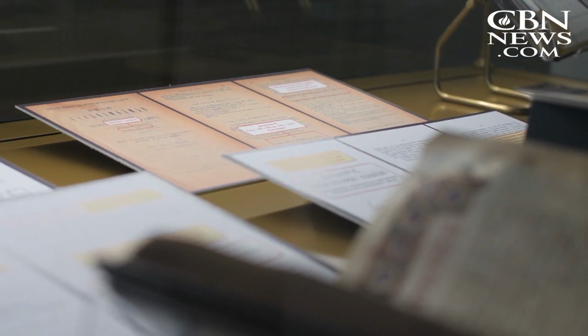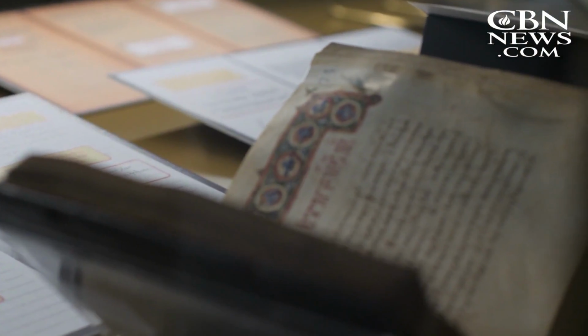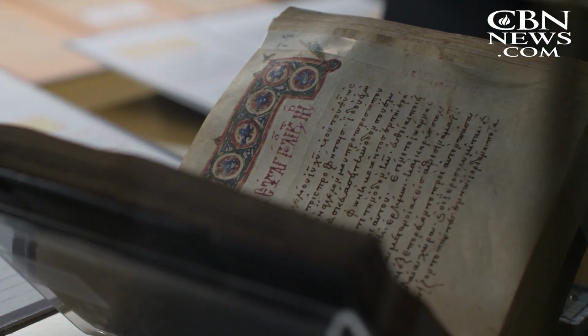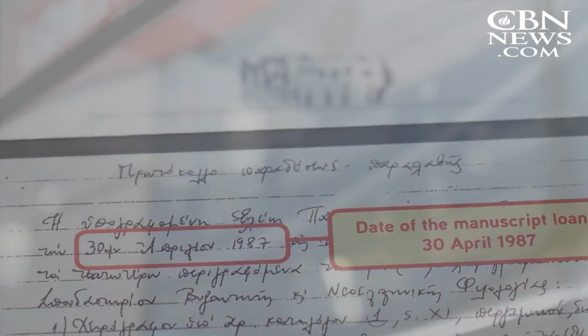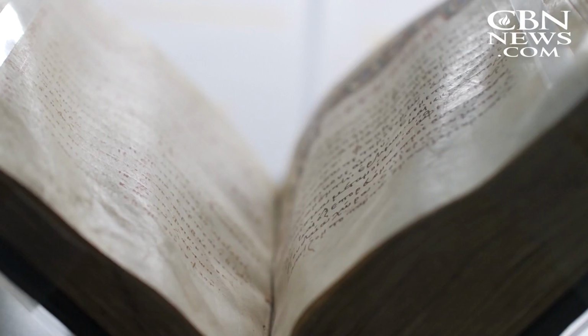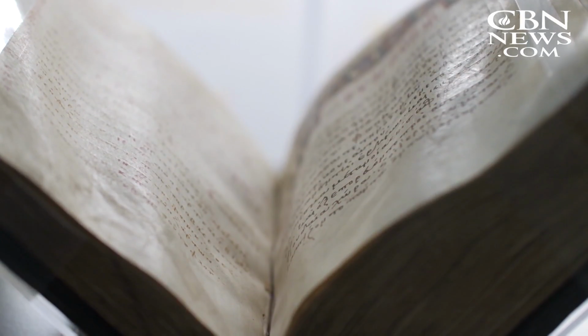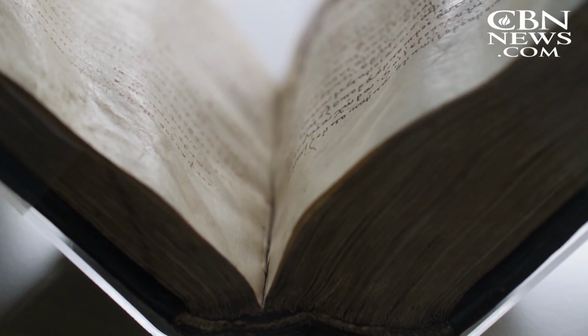The manuscript dates back to the 1100s when a monk copied the four Gospels, Matthew, Mark, Luke, and John. Odds are the book was used at a Greek Orthodox church or monastery. Fast forward some 800 years when it was donated to the University of Athens and then went missing sometime in 1991. They had put this manuscript on display beginning in 1987 at a sort of an anniversary of the founding